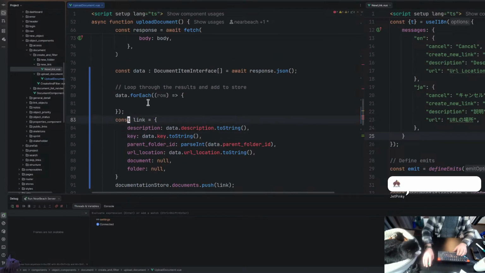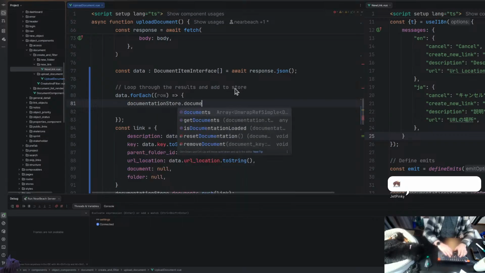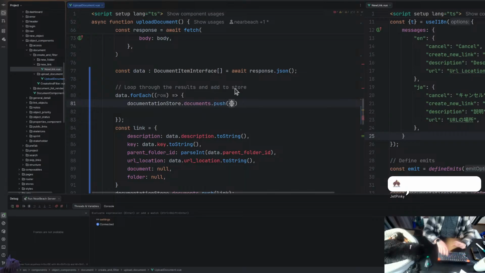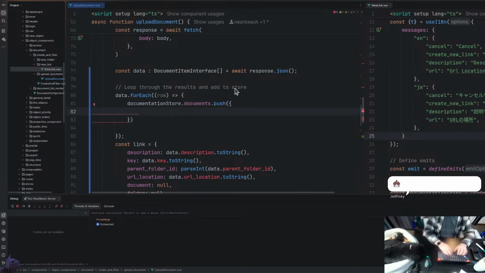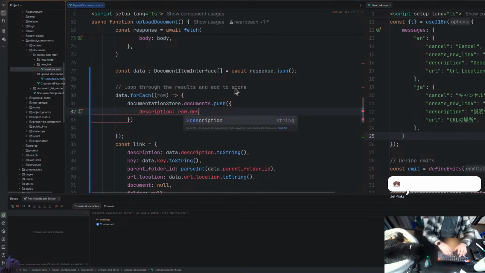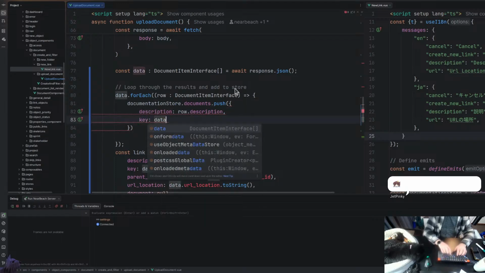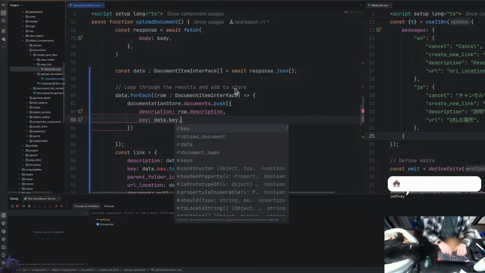So what I can do is go documentation store documents push, and then I can just create the array straight away. That will be description, and that will be row.description. That will be a string. Now I should also at the same time put this as document so the whole system knows what's actually going to happen. The key is just going to be data key dot